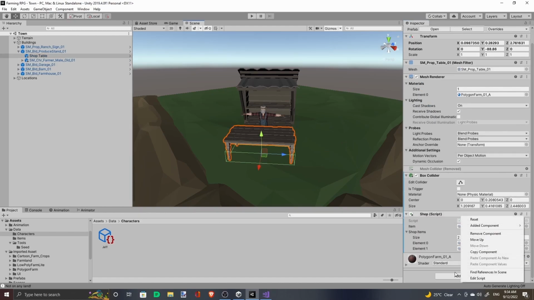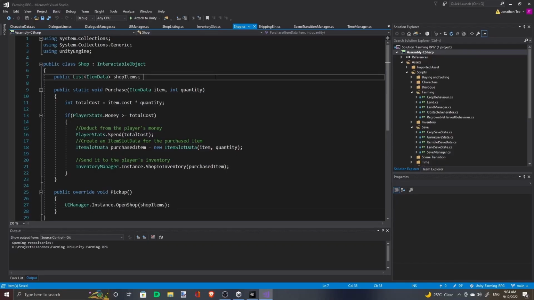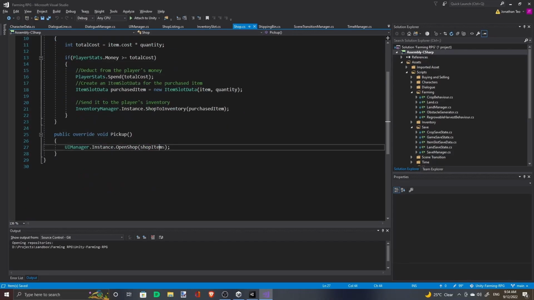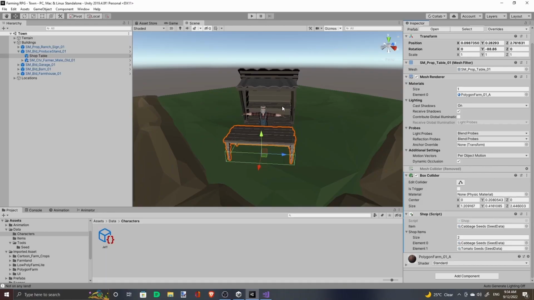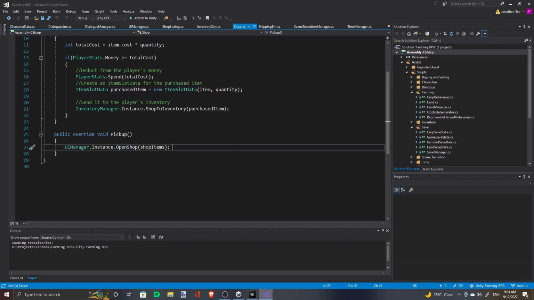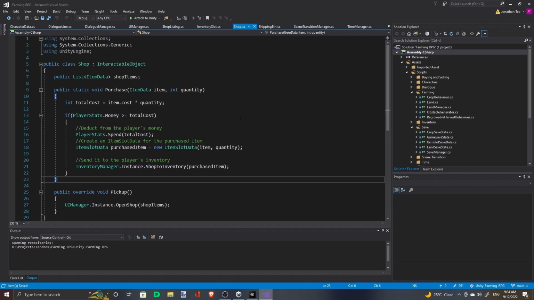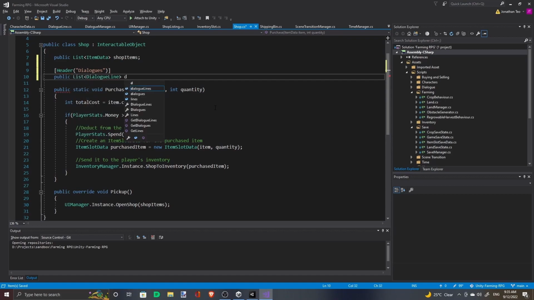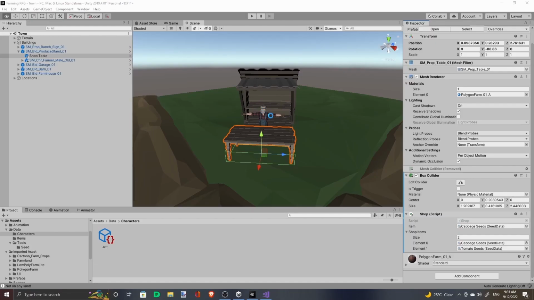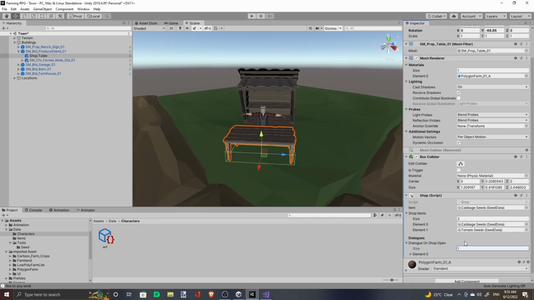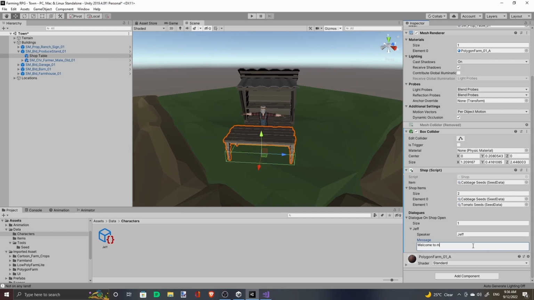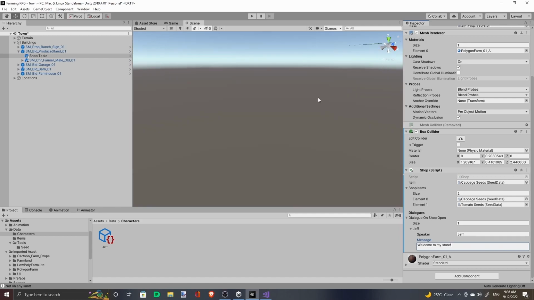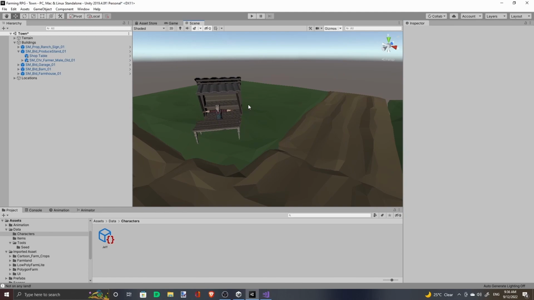Likewise, another use case that we have for our dialog would be for our shop. As for our shop, we want the shopkeeper to say something before the shop opens. So let's add something. I can say something like, welcome to my store before the shop thing starts. Well, anyway,